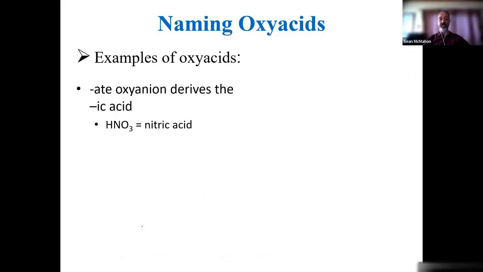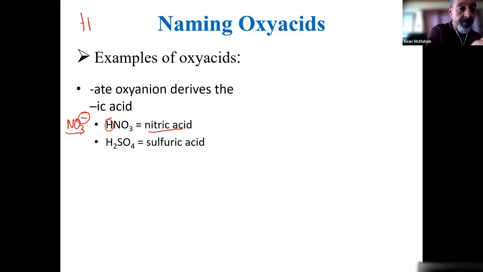So here's nitric acid. How did I derive that? Well, there's nitrate. How do I know that's nitrate? I drew the 4. Nitrogen's not on the 4. It has 3 oxygen. Nitrate has a -1 charge. So I need to add 1 proton or H+ ion to make it neutral. So the nitrate derives the -ic acid. Sulfuric acid. Now, don't say hydrosulfuric. Remember,